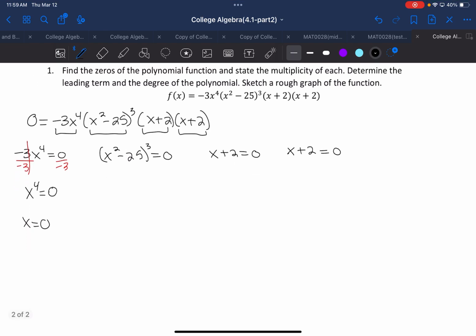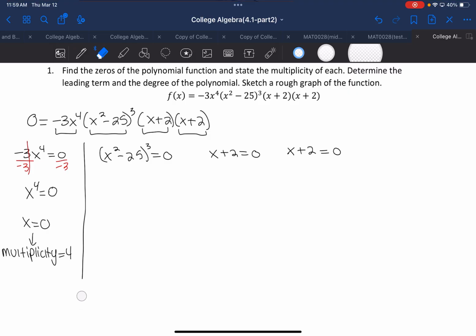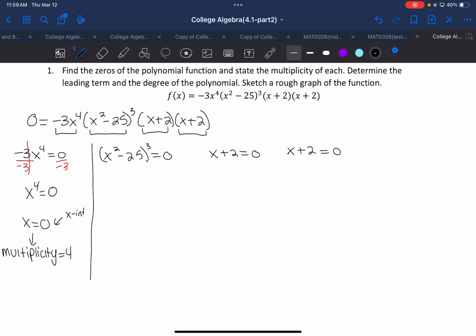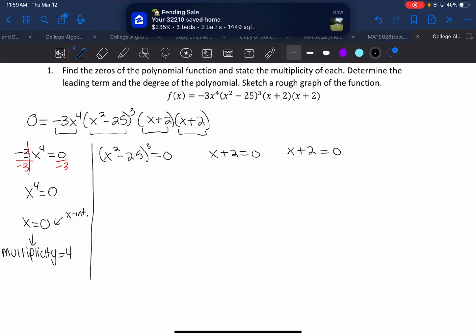What do you think the multiplicity is? 4. Because that was what the exponent on that factor is. It's 4. So 0 is the x-intercept, 4 is the multiplicity. Okay, the next one